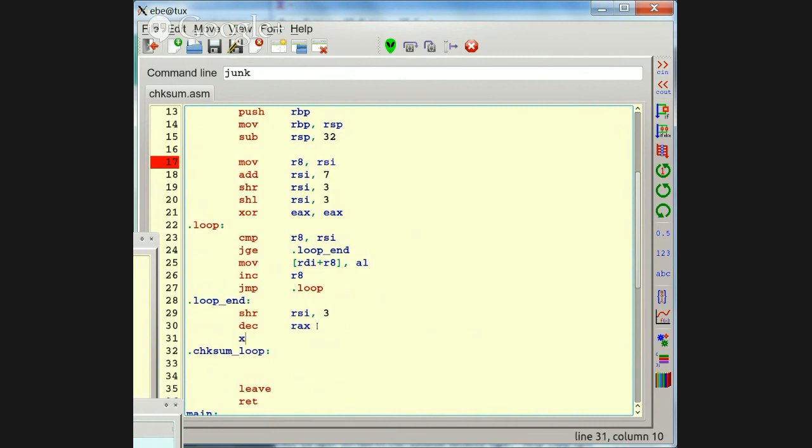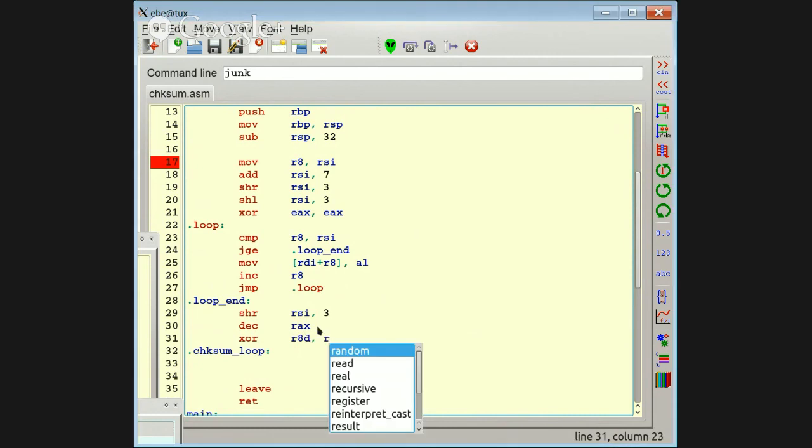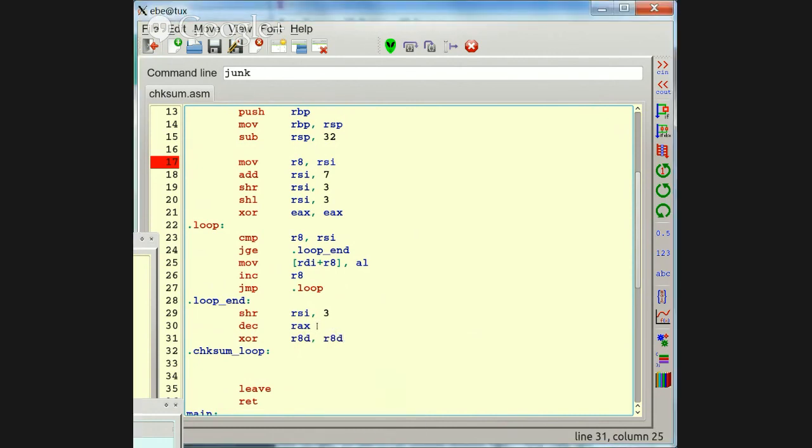We'll again need a counter, and I think I'll use R8 again. R8D will give us the 32-bit thing, which takes one less byte. And now we want to extract a value from the array and put it in together with RAX, which is where we're going to accumulate the value.